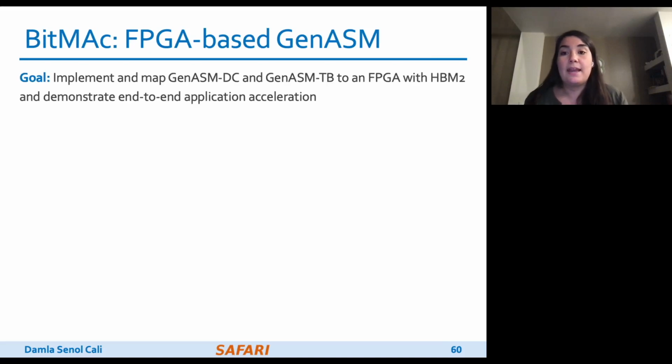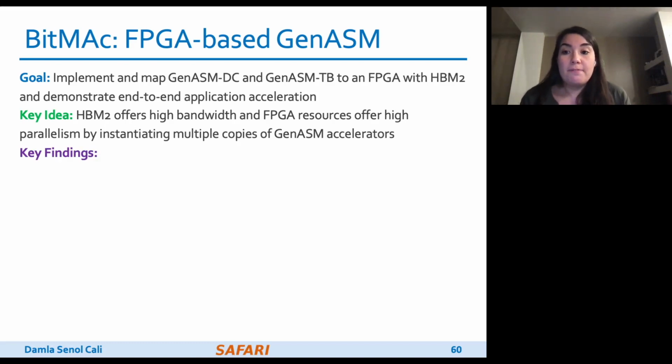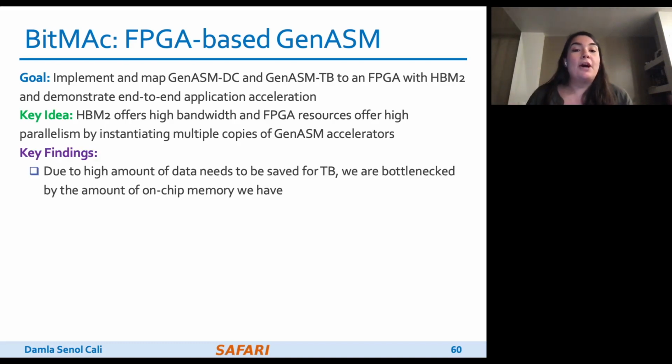So we implement and map GenASM-DC and TB to an FPGA with HBM2 and demonstrate an end-to-end application accelerator. The key idea here is that HBM2 offers high bandwidth and FPGA resources offer high parallelism. So we can instantiate multiple copies of GenASM accelerators and obtain an efficient prototype. However, our key findings are, due to the high amount of data that needs to be saved for the TB part,